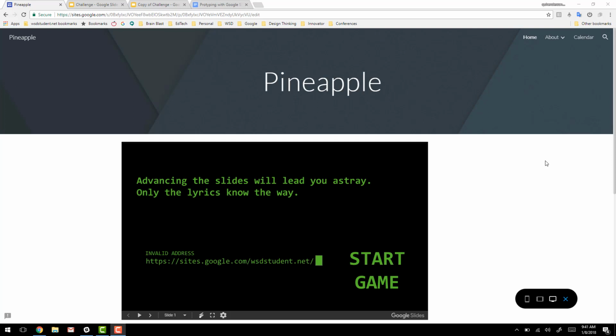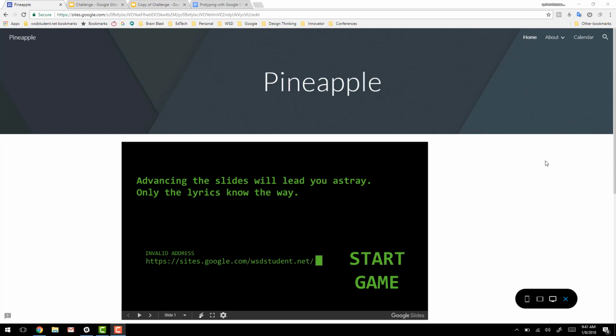I'm just going to walk you through how to use Google Slides as a prototyping tool. There's one really beneficial way to use this to create a prototype. If you're like me, you probably don't have a lot of coding skills, but you know in Google Slides you can link to different slides and it doesn't have to necessarily be linear. But I want to show you what I've used in the past to prototype some things, create some